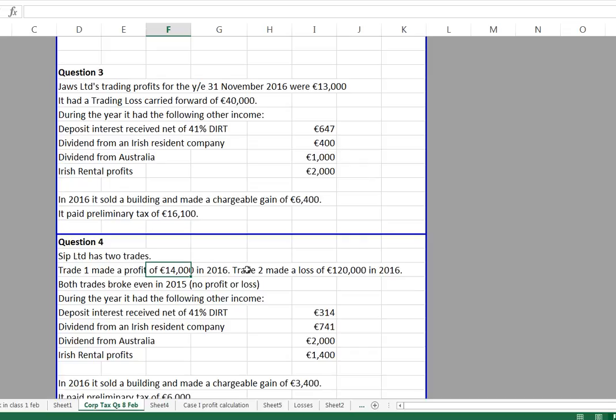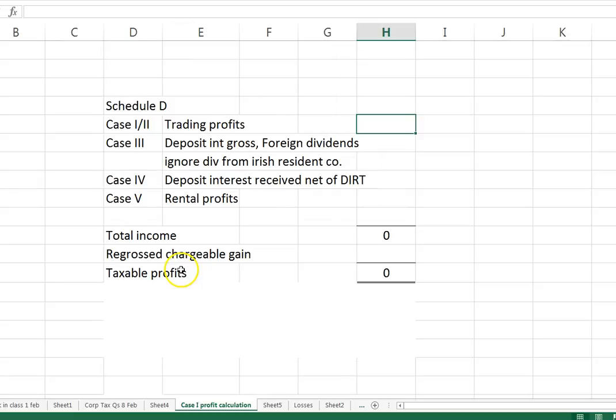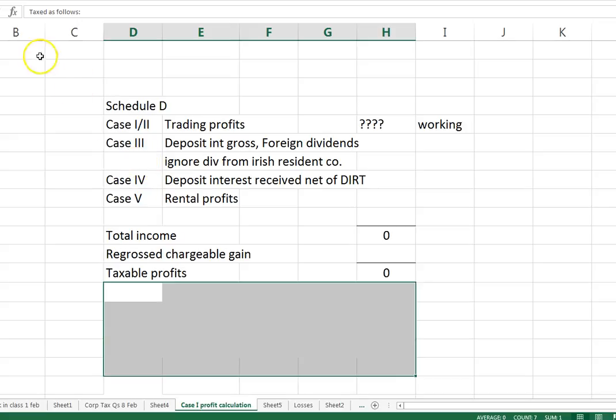Now unfortunately, it's not always going to be that easy, and whilst our corporation tax computation is still going to be the same, we're going to have to do a working to figure out this figure here, because it's going to be more complicated than just what it told us so far. But everything is still the same, so we'll have working to do for this, but everything then is the same. We add any case 3, case 4, case 5, schedule D items, all these get added together to give total income. They're regrossed, the chargeable gains are grossed, added to give your total profits and your taxable profits. And then of course we just tax